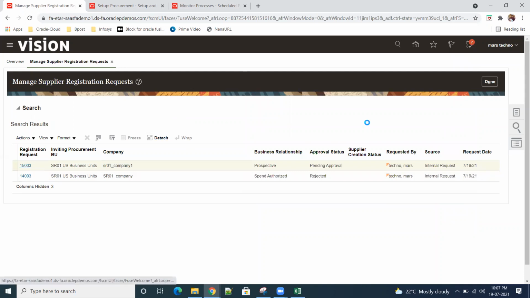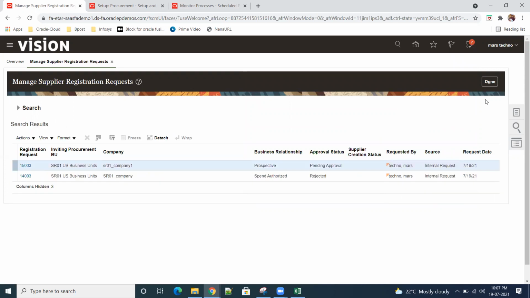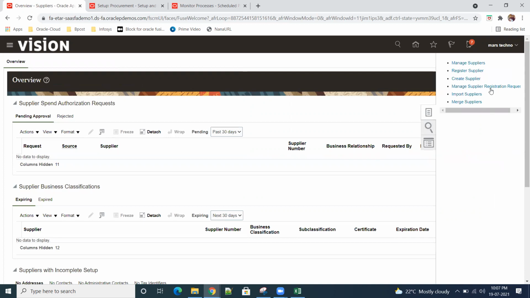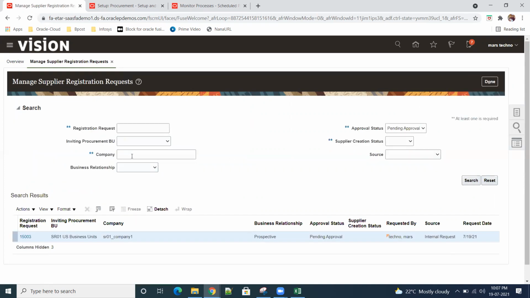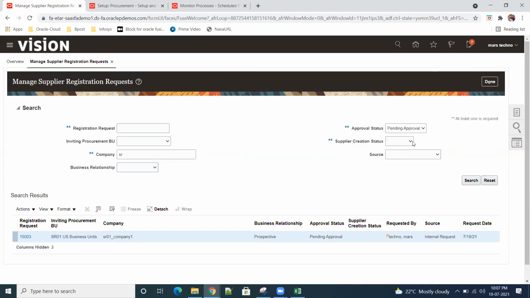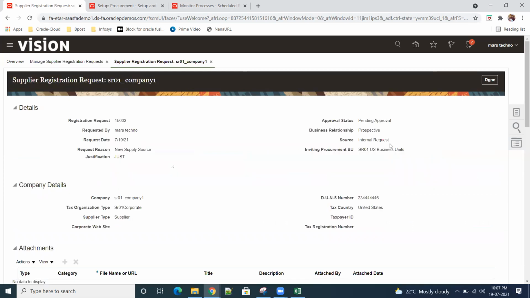Now if we just search back, it will take some time. Click on done. Reopen again. Registration. Yes, sir. Why is it still showing pending approval only?